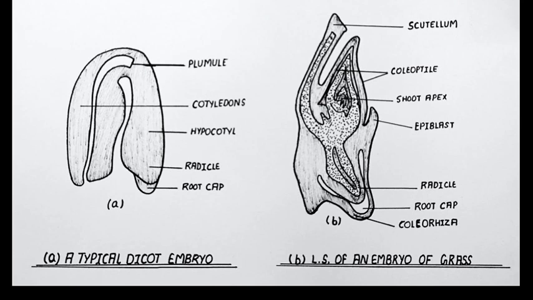Lastly, we have to know about polyembryony. Poly means many, embryony means embryo, meaning the occurrence of more than one embryo in a seed is called polyembryony, like in orange. It is formed from more than one egg in the embryo sac, and it may develop from a synergid, a cell of the nucellus, or a cell of the integuments into an embryo.